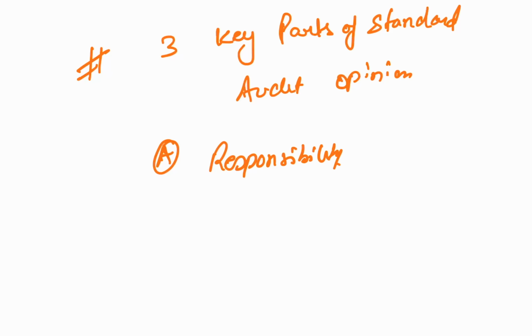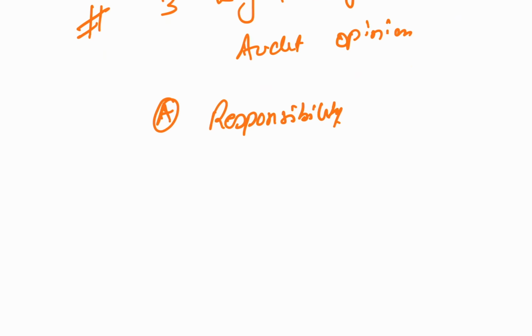The financial statements were prepared by the management, not the auditor. So it's the job of the auditor to independently review them. Clear? So the financial statements are prepared by the company, and then audited, or you can say independently reviewed, by the auditor. That's his job, that's his responsibility. Clear?